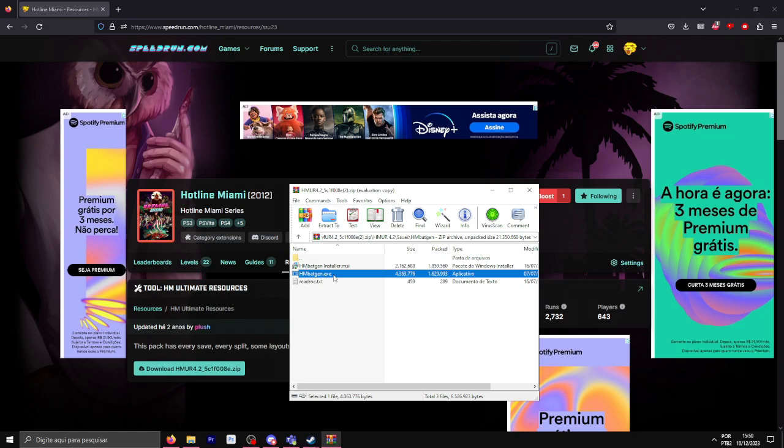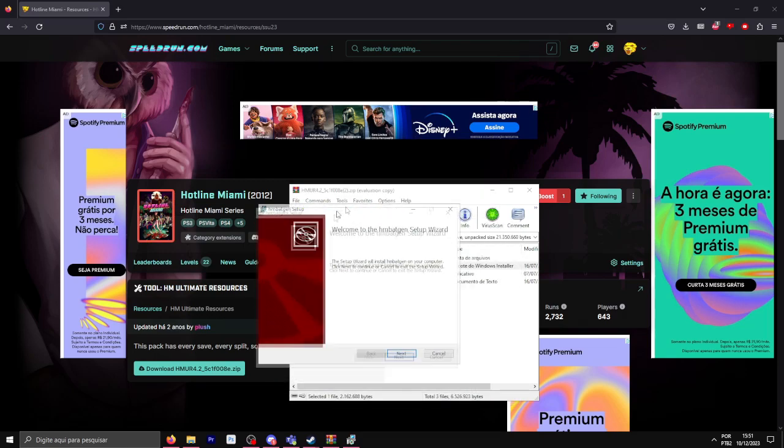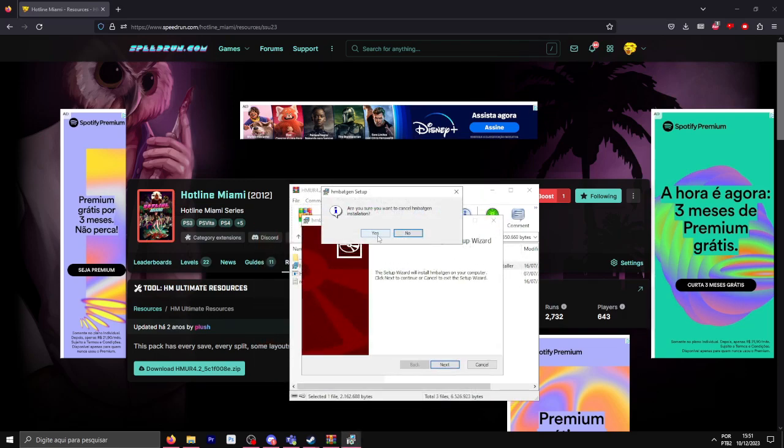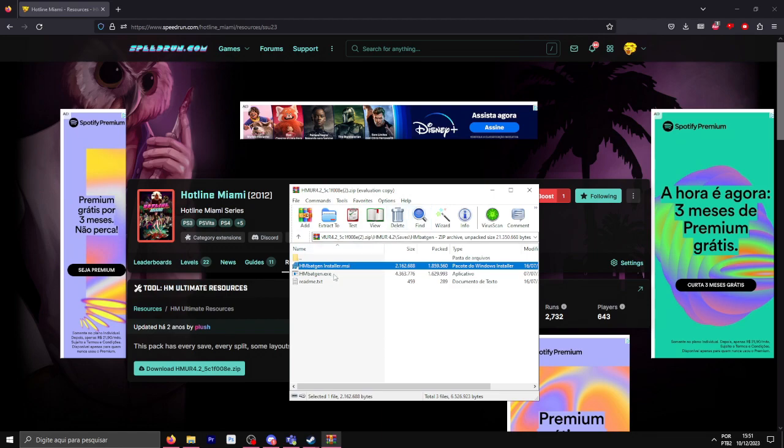So you can try to open this exe, but it might not work. You might need to open this installer, and then you just install the app. And sometimes you might need to disable Windows protection because it might detect it as a virus, but it isn't. Alright. So when you install it, you should have the exe working,